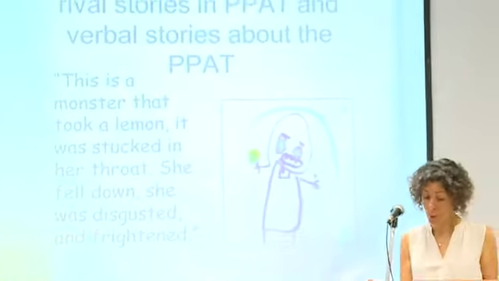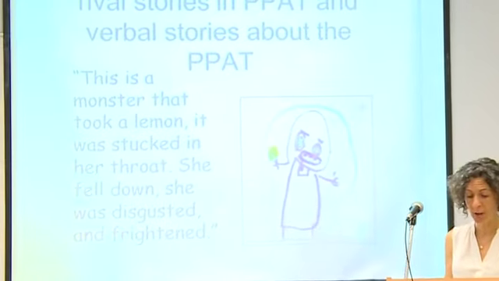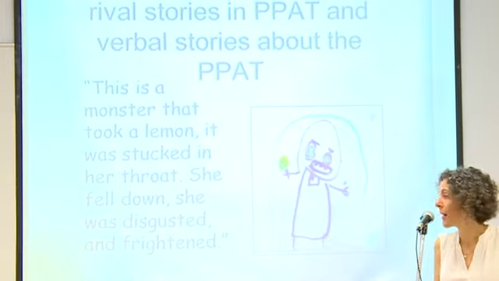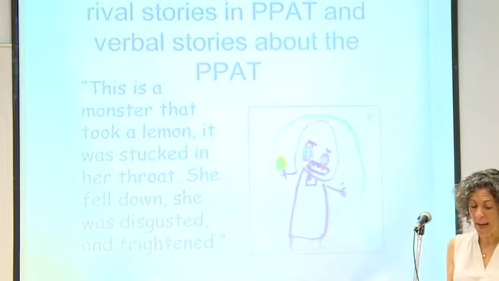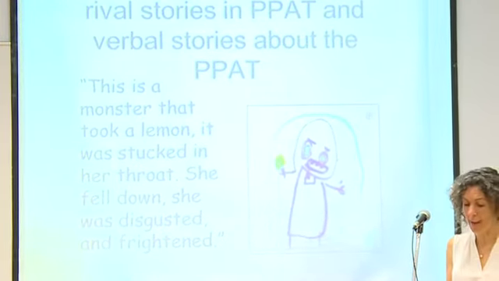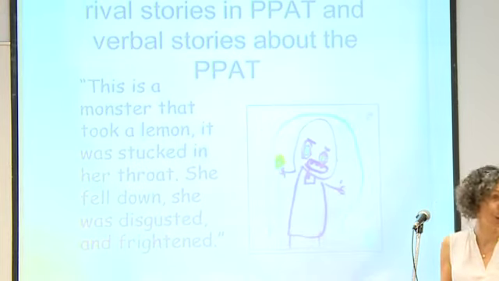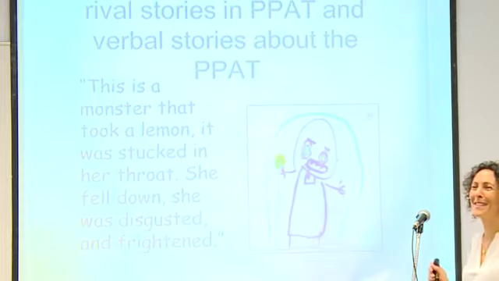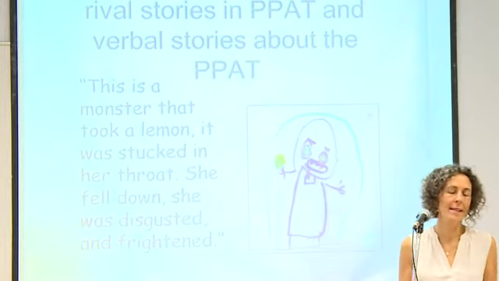In our preschool sample, we found an association between rival narratives in the drawing and in the verbal stories as well. This could imply that emotional flooding will be seen in verbal and behavioral means as well. And I will read it. This is the drawing of a child, and this is his story. This is a monster that took a lemon. It was stuck in her throat. She fell down. She was disgusted and frightened. So this is the story the child tells us,